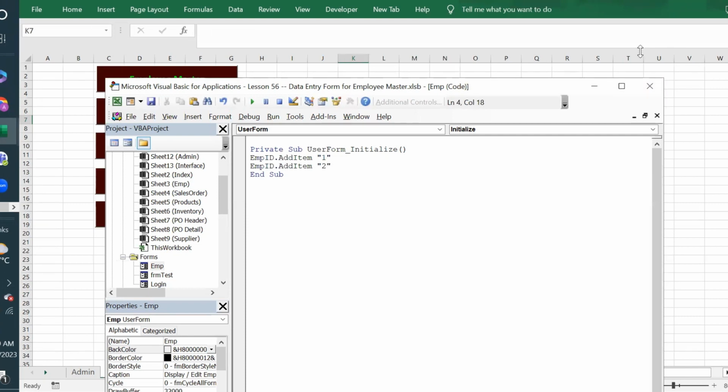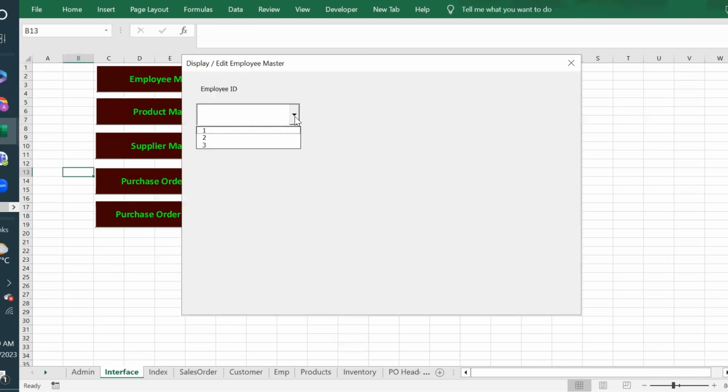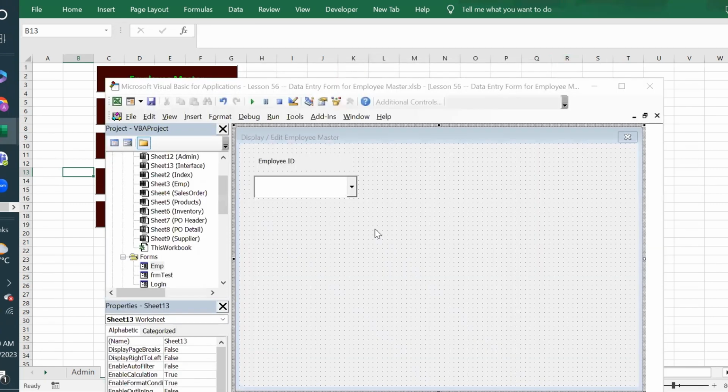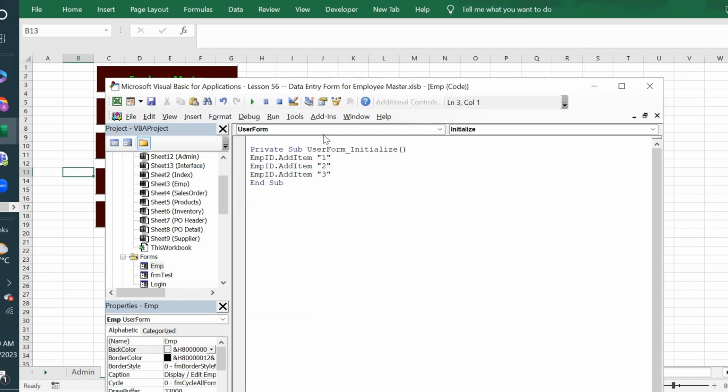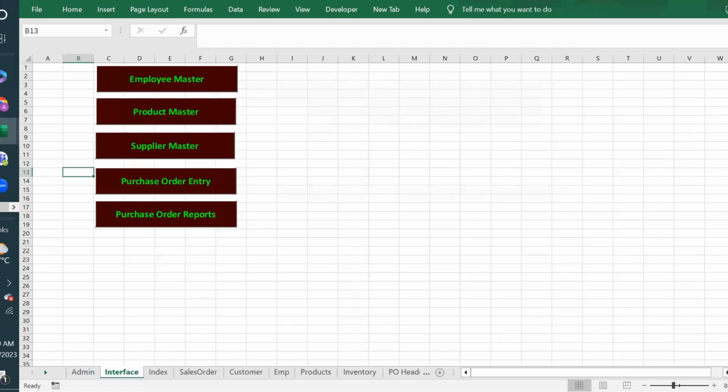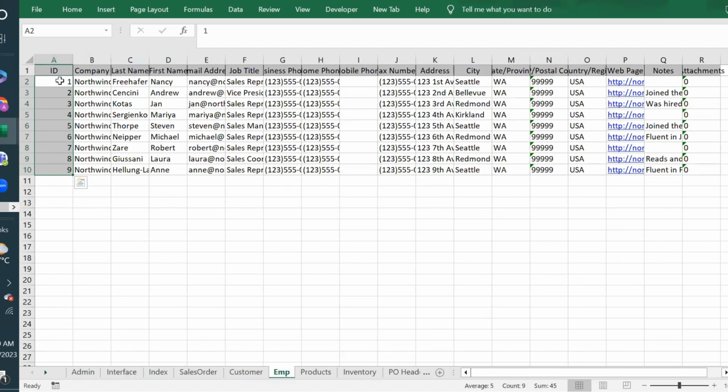Okay, we say add item 3, like this. Okay, let's click and see. 1, 2, 3, wonderful. So we understood how we can add items in a drop down, the employee ID drop down within the employee form, and we can add these things as soon as the form is initialized. So instead of doing this one by one, we want some logic to get all this effect